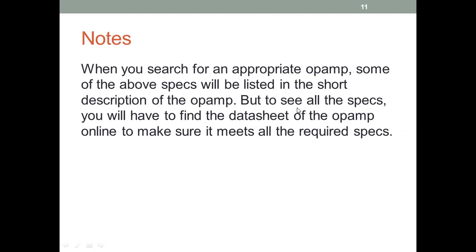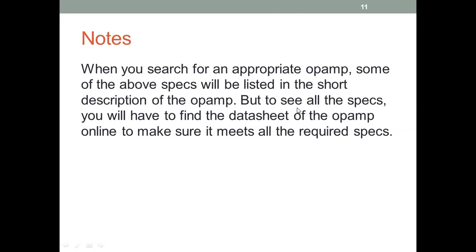So when you choose in SPICE, it will give you a number. Let's say AD8031 is an op-amp. So what you do is you go online and you look for the AD8031 data sheet. And in the data sheet, you search. I think you must have seen data sheets by now. They are large documents with zillions of different types of information.